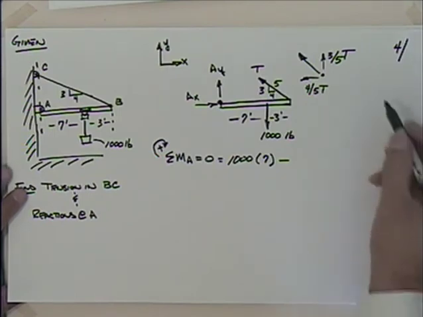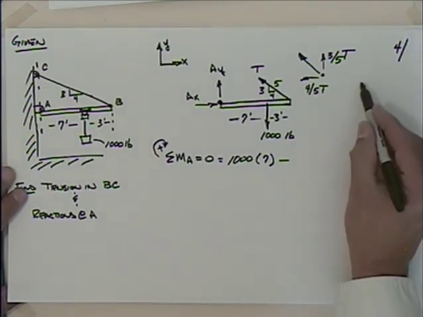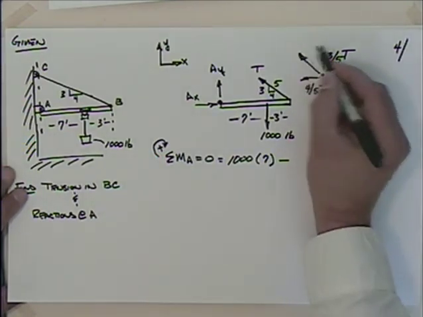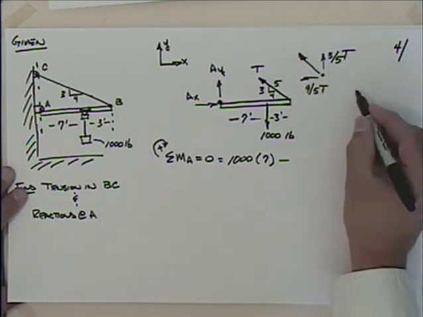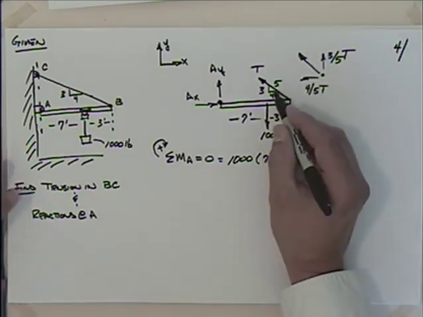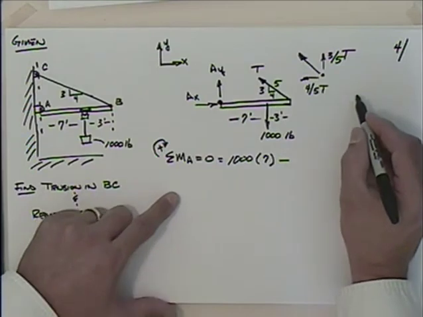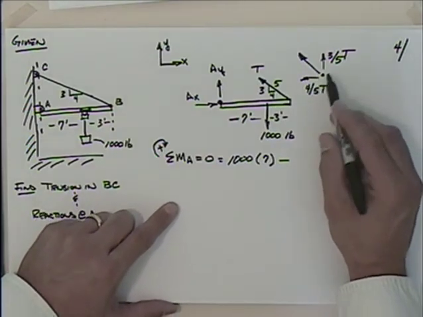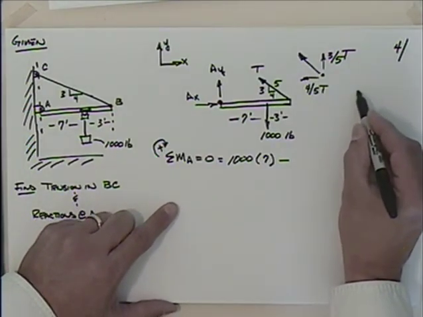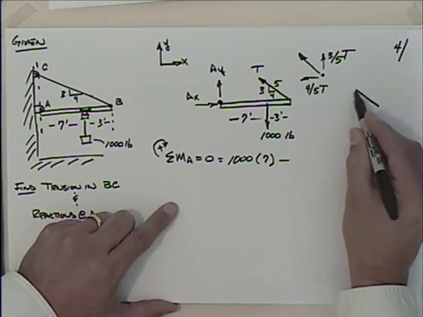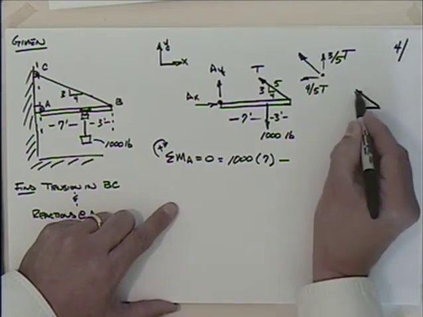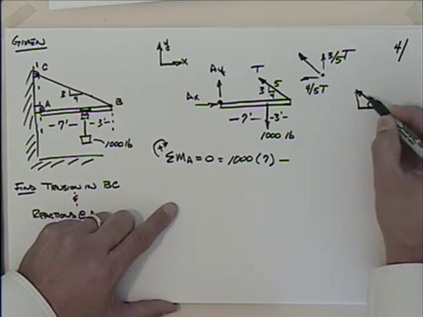And some people would be more comfortable. This is oftentimes done. That's why I'm kind of making a big deal about this. When you have a 3, 4, 5, or 5, 12, 13, some of those common triangles like that, or multiples thereof, you can do this. If you're more comfortable going through this and saying, well, I have a T over here, and I'm going to find this angle, which is going to be the